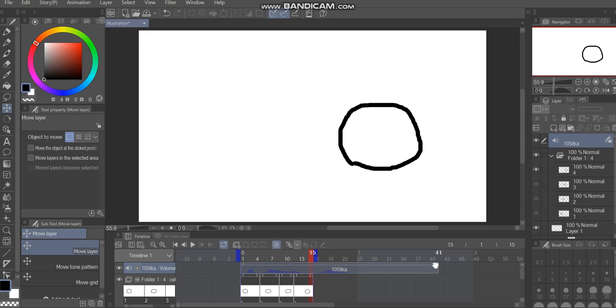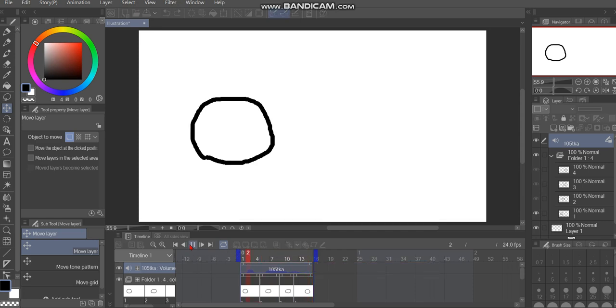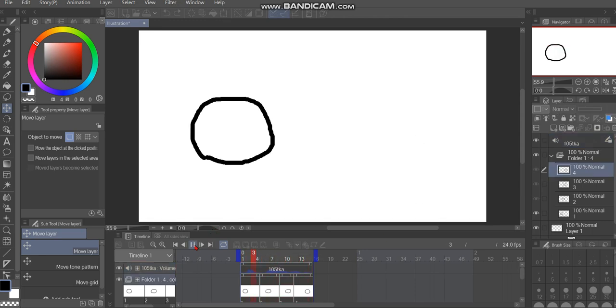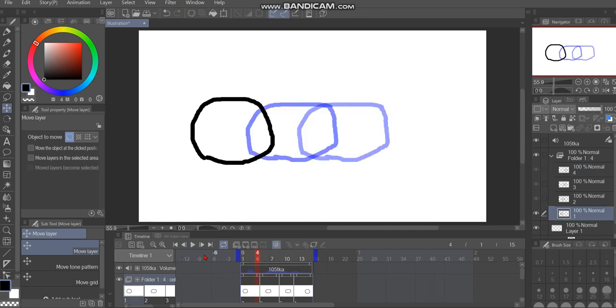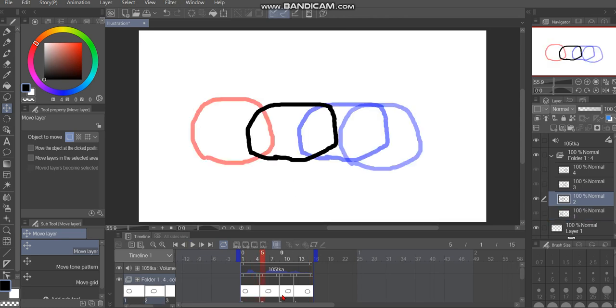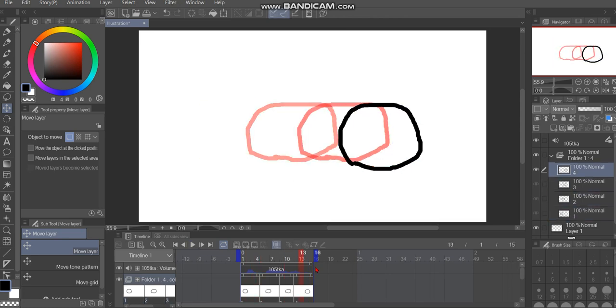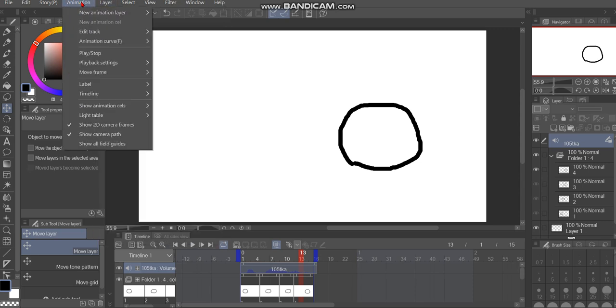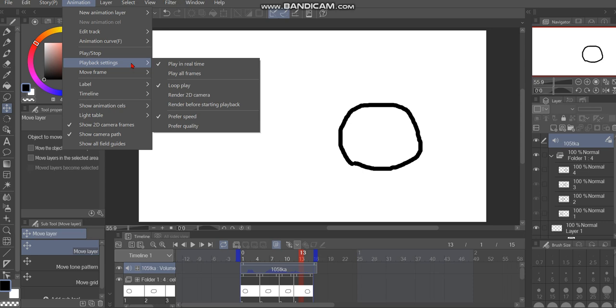You can crop it and you get this. Hold up. Sometimes my animation just does these silly things instead of animating itself. You can fix that by clicking on Animation, clicking Playback Settings, and choosing Prefer Speed